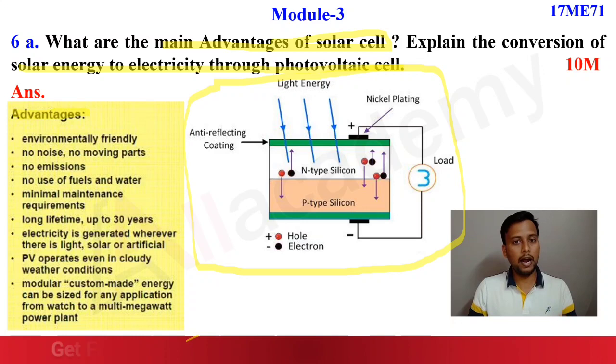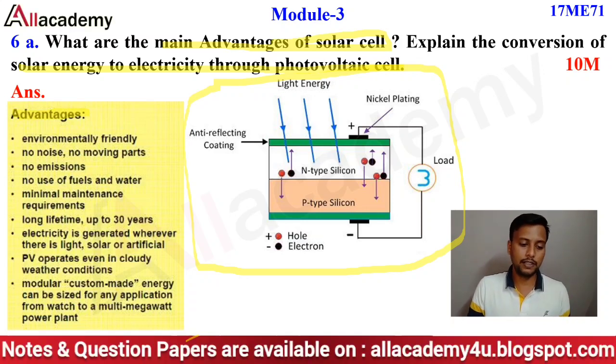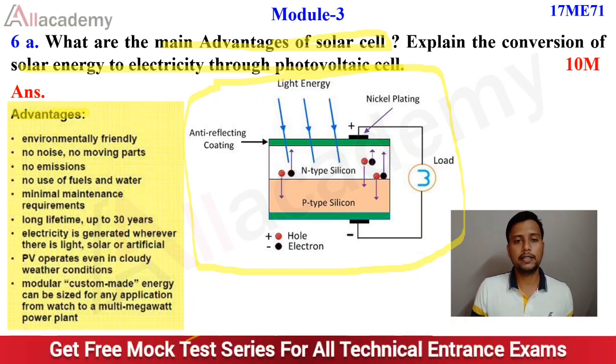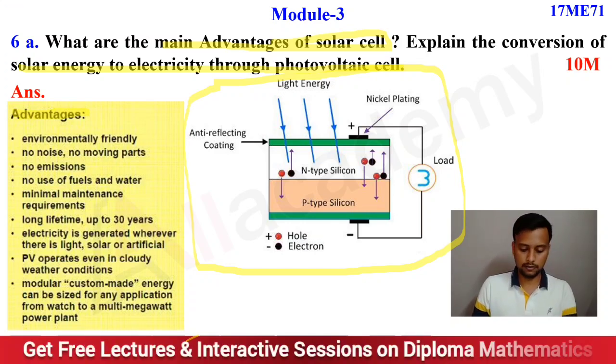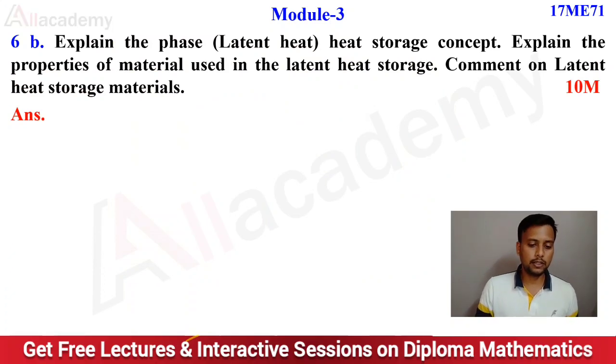Some students said that they have written only advantages, they have not written the conversion of the photovoltaic cell, solar energy to electric energy. For that you may expect half marks because both the questions are combined together and asked. So you may get half marks in this question, and those who have written both, you may expect complete marks. Now the 6th B question is